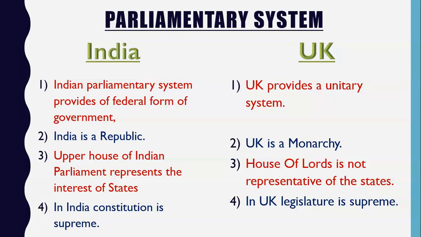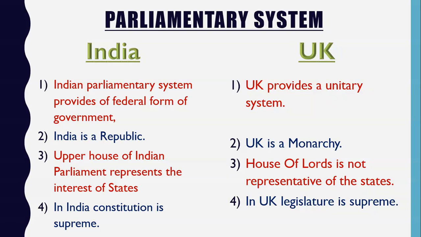Okay, the district collector has to follow the orders of the chief minister. Why? Because districts are the administrative arms of the state. Similarly, in a unitary system, states are the administrative arms of the center. So the state government has to work according to the directions of the center. State government has to follow the orders of the center. State governments do not have any real power. The real powers are only vested in the central government.